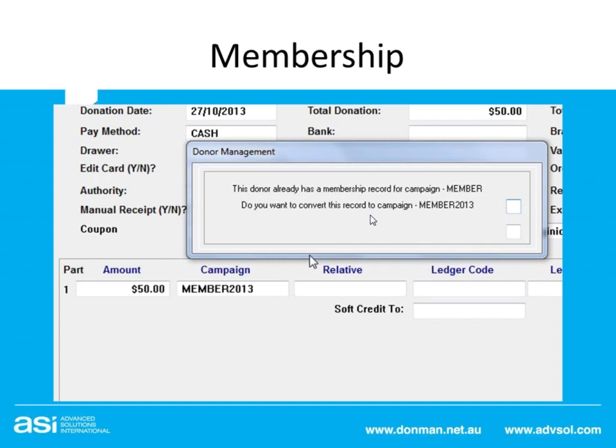And in that case, the donation processing program pops it up and says, hey, this person's already got a pledge membership for Member. Do you want to convert it? And the reason we converted it is so the person doesn't end up with multiple pledges for the same campaign. But this is only when you want to change the name of your membership campaign each year. I mean, I don't advise that. I certainly prefer it a lot simpler. You just have one membership campaign called Member. But some organisations that are very membership-based do want to create different campaigns for each year for membership.